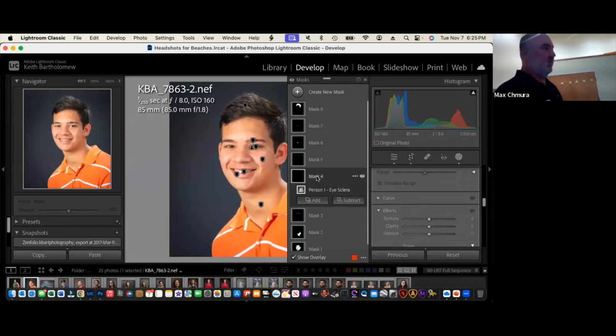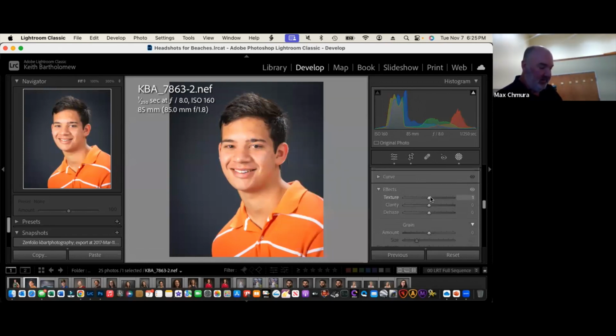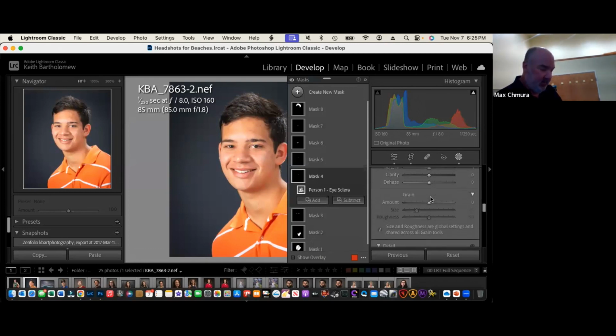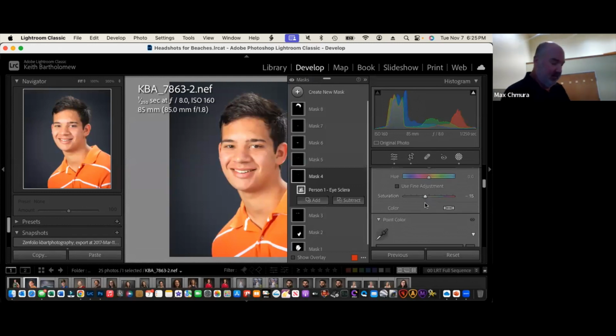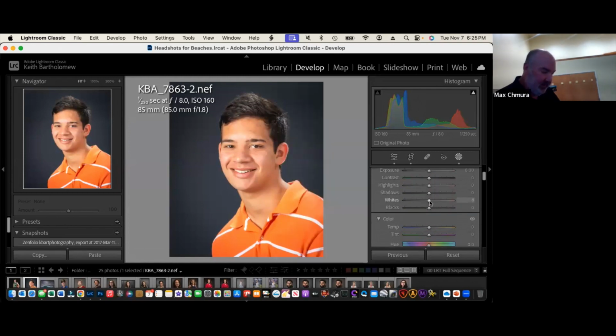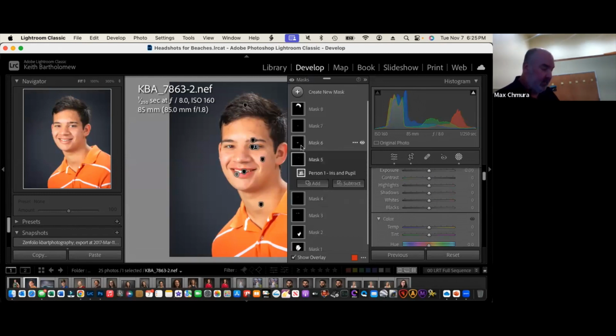The eye sclera is the white of the eyes. And so what I like to do there is reduce the saturation. So basically what you're doing is any coloration of the eye, you're trying to bring out the whites. And then I would also take up the whites a little bit, take up the highlights a little bit. Anyway, you don't need to watch me do all this, but as I said in the slide,